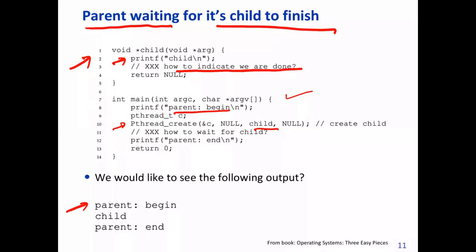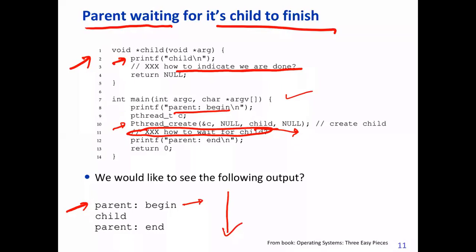Okay, it means all right. So now parent has to wait here for child to complete. Okay, so now what we are doing here, parent has to do something to wait until child completes. If you want execution in this order, first parent will start execution, then child execution has to be over, and then parent will continue.